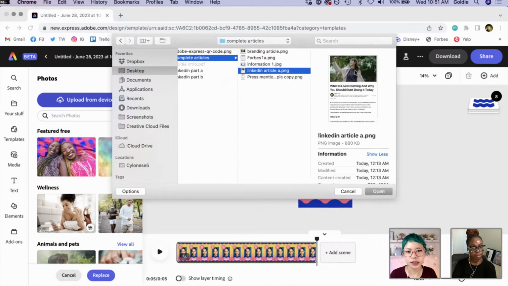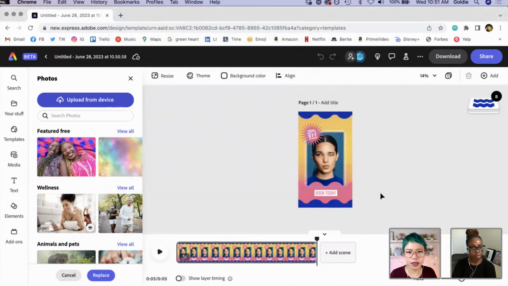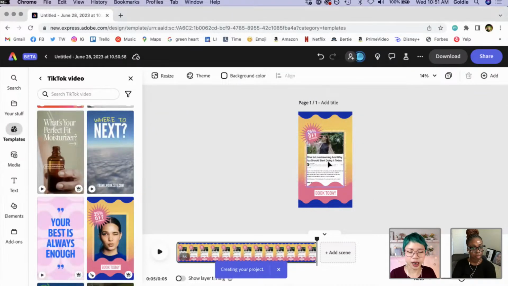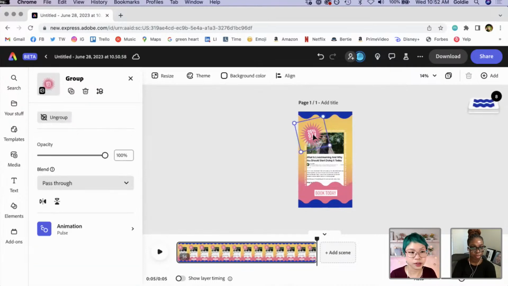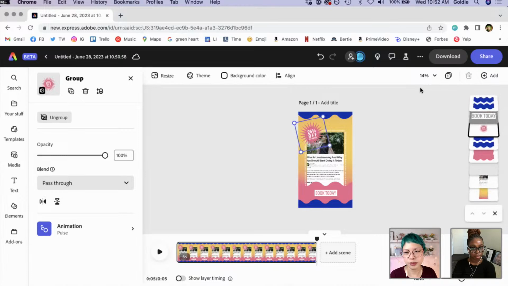Yeah. So we're going to go ahead and I've already prepped a couple of other things. So here is another article that I worked on. And as you can see, obviously we'll change the text, but this is already looking pretty amazing. And it already has animation, which is nice. And this could go live on TikTok already. But what we're going to do is change some of this text, because this is not relevant to what we're doing.